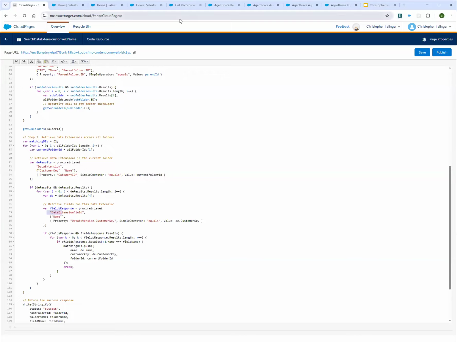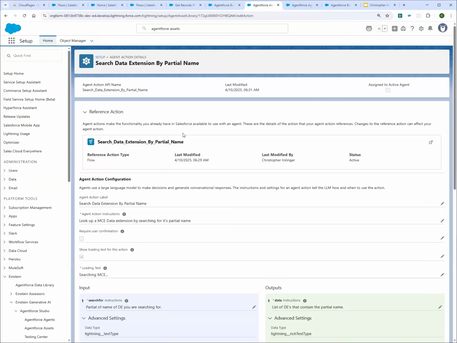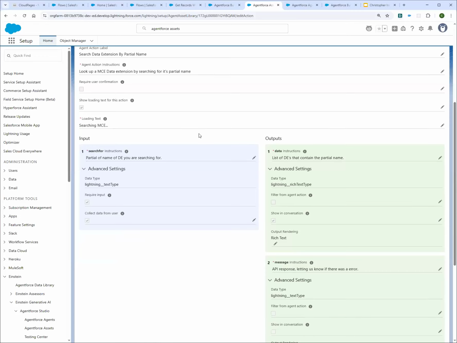Hi there. Is it possible for your agent action to be added to the default Agentforce so that it could be live on the page within that functionality, or does it have to be within its own agent?